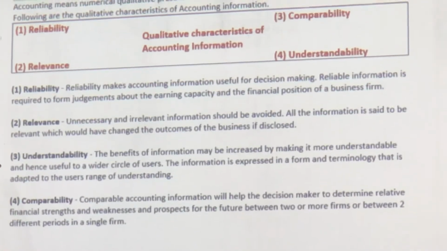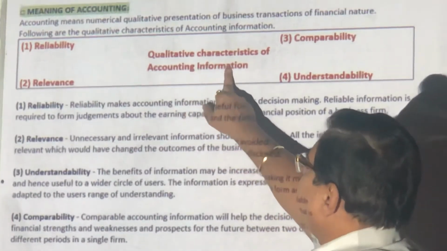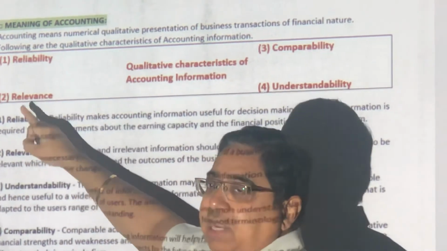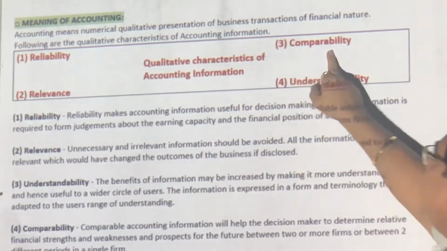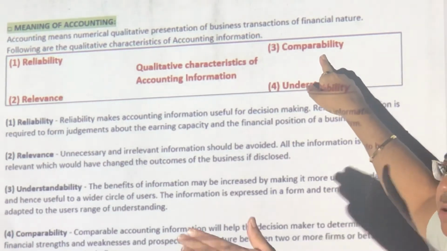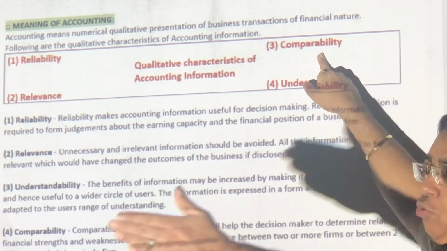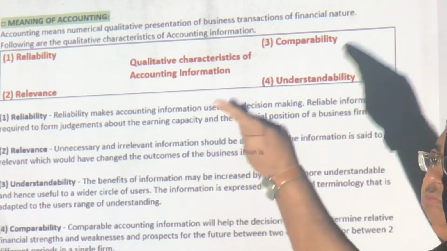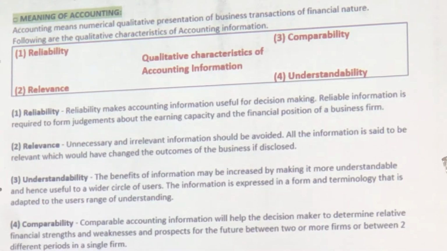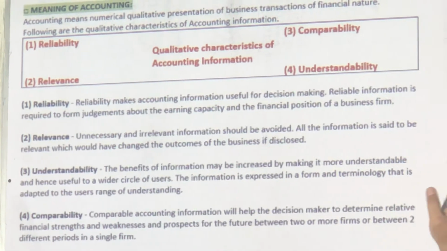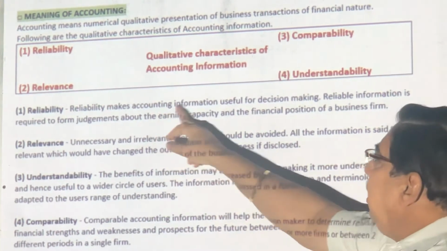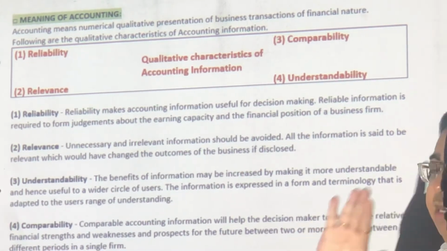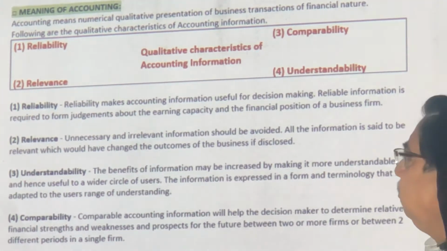What is the meaning of accountancy? Accounting information should be reliable. I must trust. Relevant. Don't tell me movie ticket ka rates. Compare. I can compare company A, B. I can compare Jan to March of this year with Jan to March of last year. Understand what you're writing must be, you write in some code language is not useful for me. Okay? So these are the 4 characteristics. Reliability makes it useful for decision making. I have bharosa. What is written is true. My decision will also be correct.